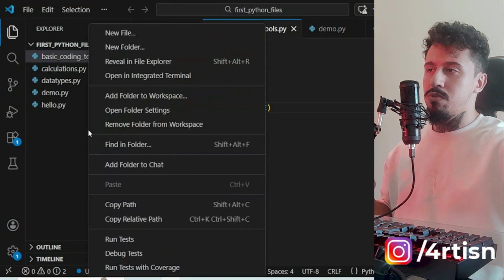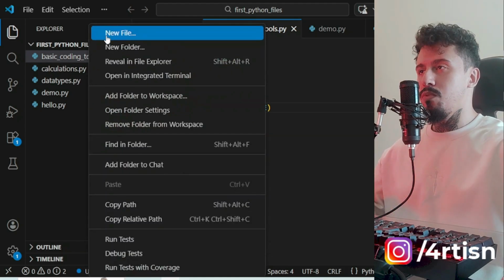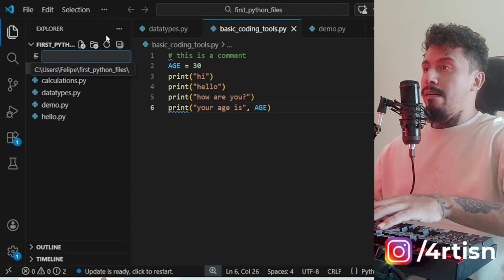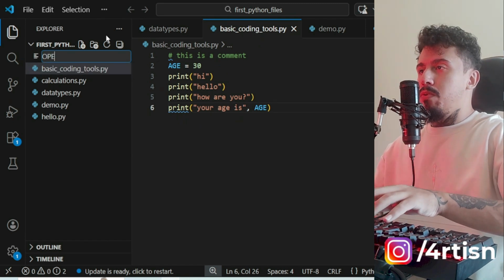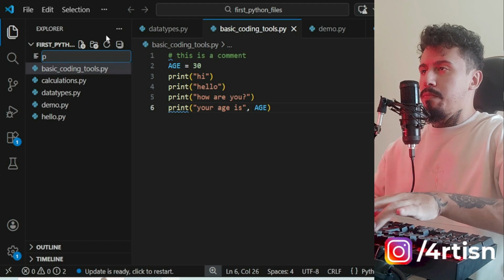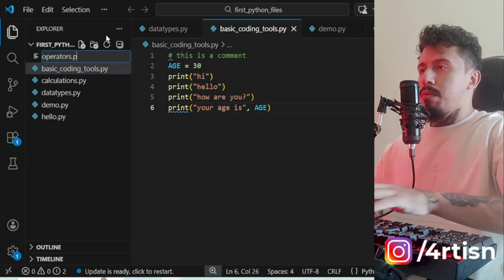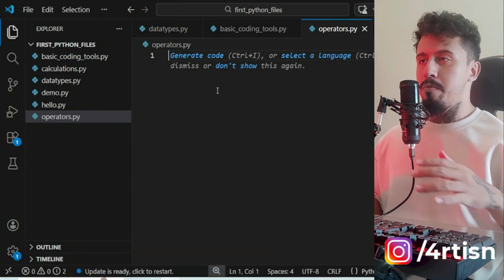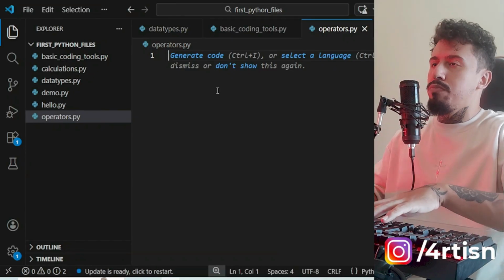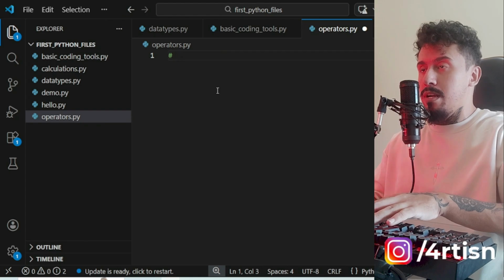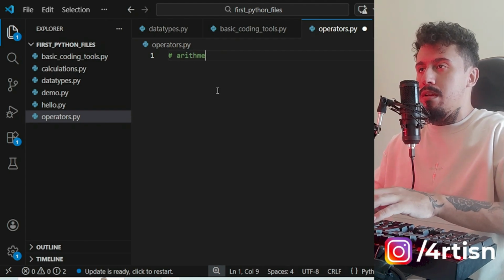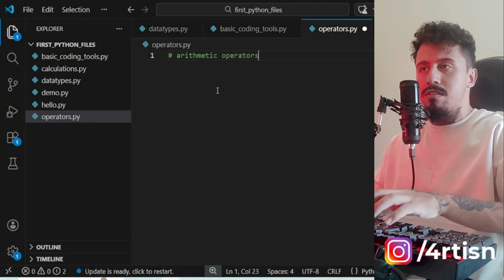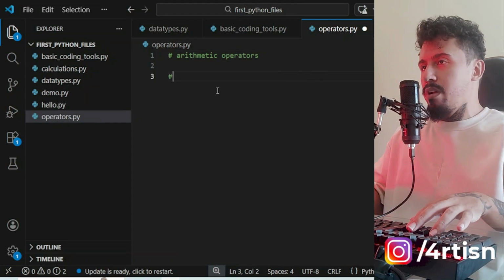So let's first create our file. Click with the right button of your mouse, new file, operators.py. Open the file and let's put the operators that exist. So as a comment, I'm going to put here arithmetic operators, probably the ones you already know,